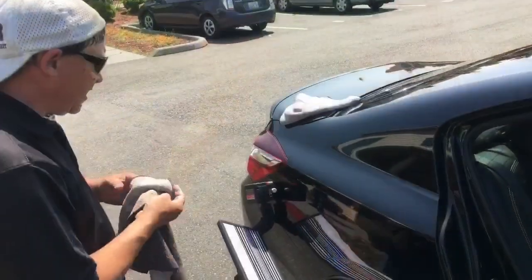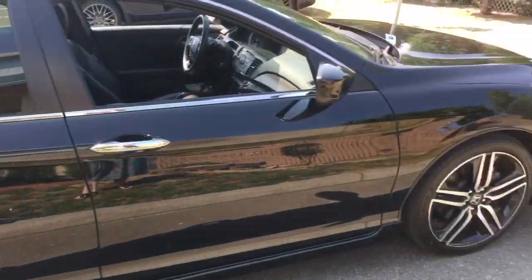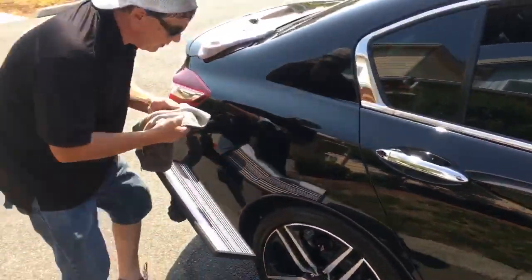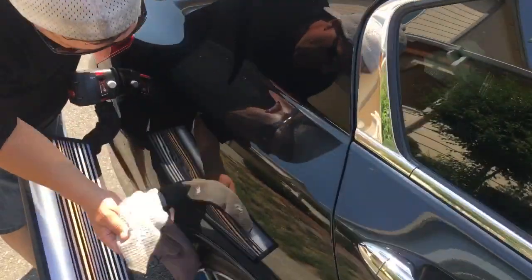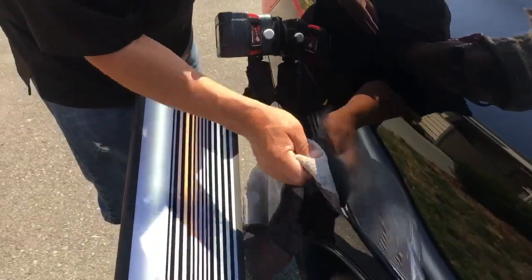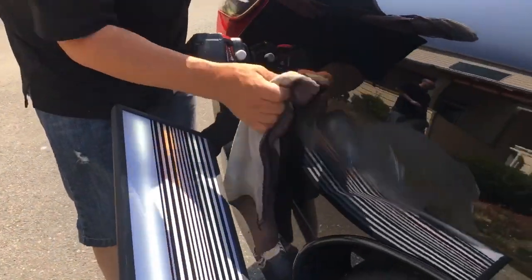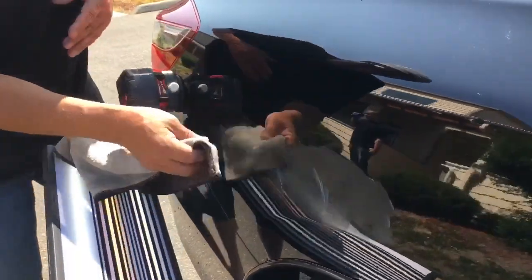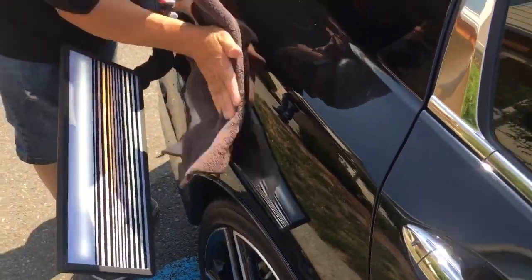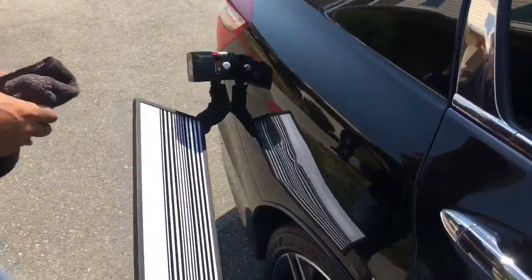Hello world, PDR coming at you here with a 2016 Honda Accord, 4-door coupe. Real nice car for a real nice guy. It looks like it could have been not a collision, but I don't know, maybe he caught a bush, or maybe a shopping cart went against it. Something happened, but you guys will see here in a second after giving it a little wipe down with the